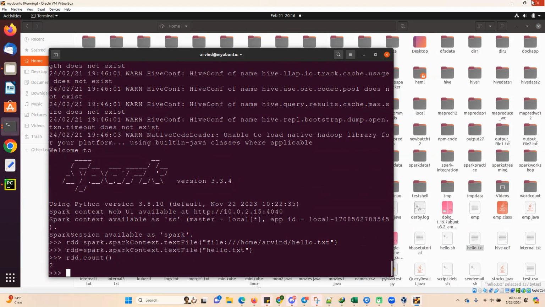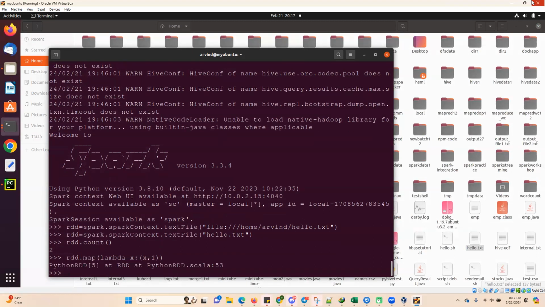So if I do rdd.map with lambda x, and for each element of the RDD I want to give 1, like in the word count where you do x comma 1, you remember in MapReduce. And when I call collect, this collect is basically calling an action. If I don't call collect,